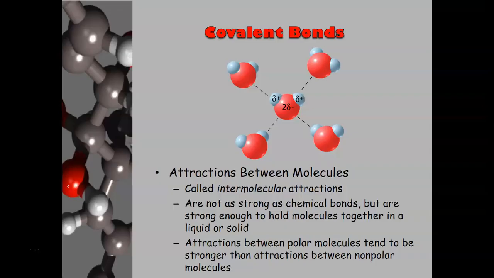Now, these intermolecular attractions aren't going to be nearly as strong as a covalent or ionic bond, but they will be enough to influence some of the properties that we deal with in these polar covalent molecules. And we're going to see that when we start talking about water properties, because a lot of intermolecular attractions are responsible for the properties we see with water, because water is in fact